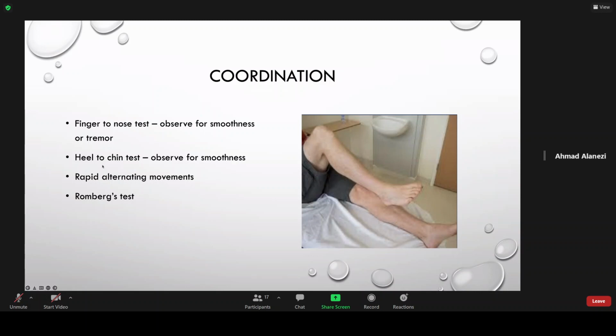This is to test for something we call dysdiadokinesia. Dysdiadokinesia is a sign of cerebellar ataxia, okay? So a coordination problem, a cerebellar problem: there'll be dysmetria, intention tremors with finger to nose. There'll also be dysmetria with heel to shin, and there'll be dysdiadokinesia, okay, which is a movement you know,